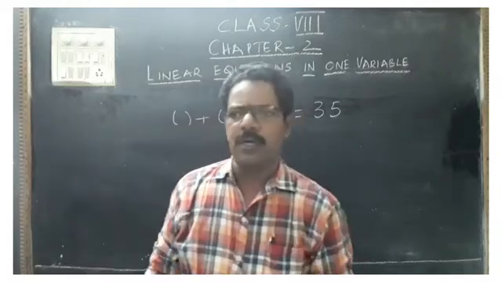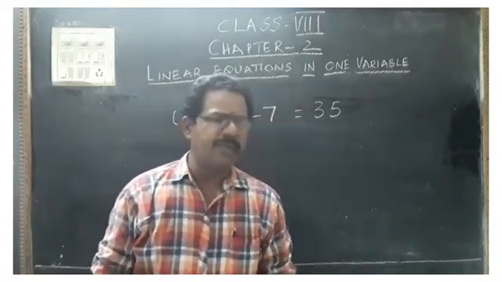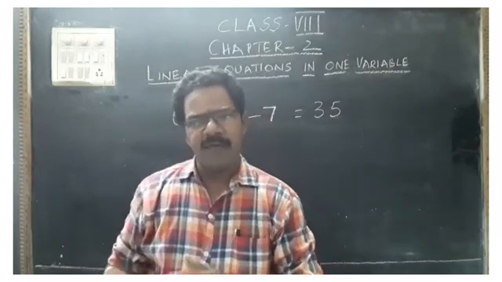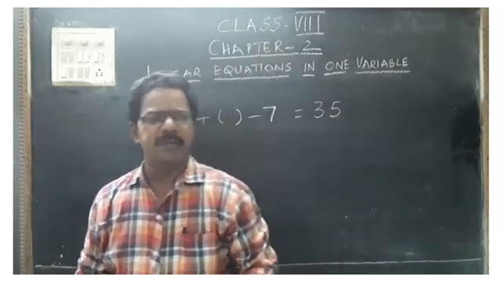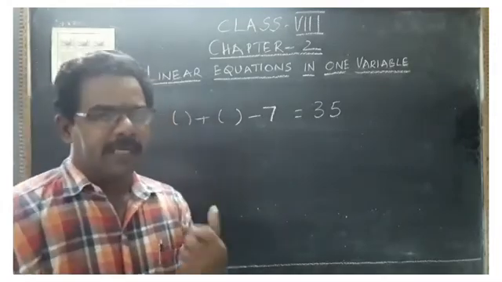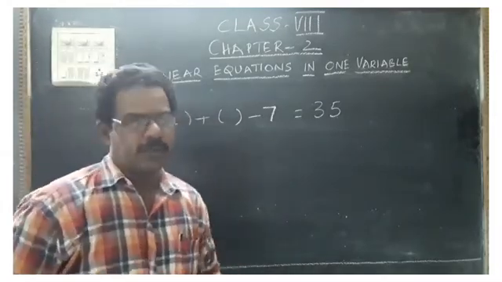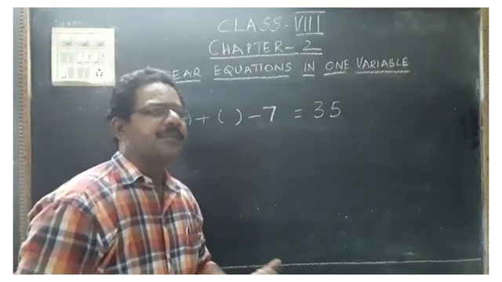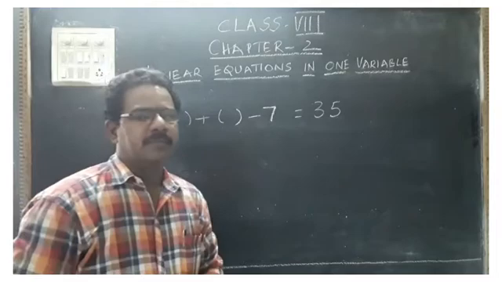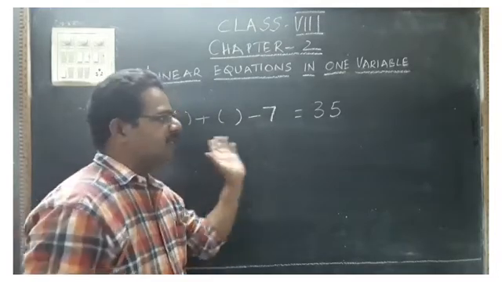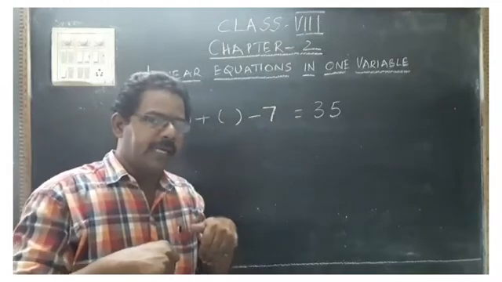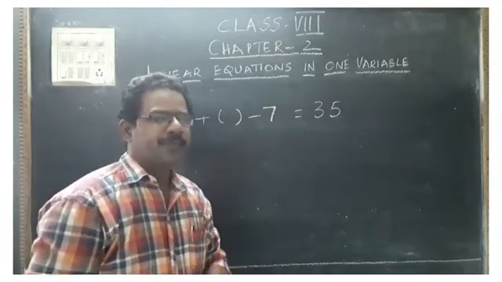Like this, you can ask your friends. I have a number with me. I double that number. After that, 7 is subtracted from it, and after that, the result is equal to 35. What is that number? You can ask this question to your friends. Okay, the same thing here we will do. I have a number with me. You don't know. You are solving this sum, so you don't know what number I have. I have that number in my mind, but I did not disclose it to you.